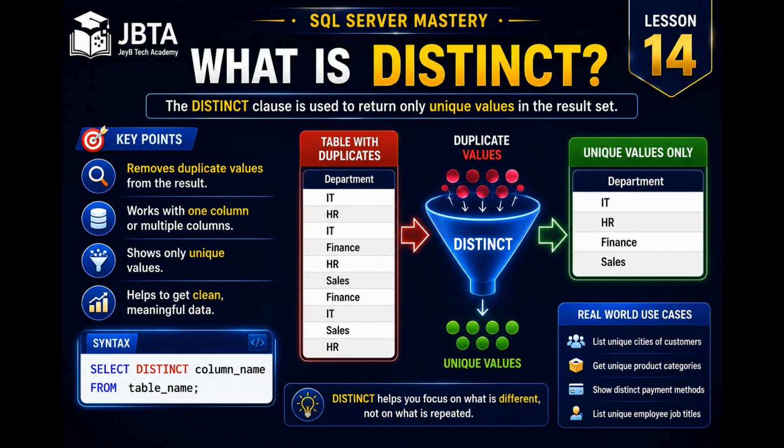The basic syntax is very simple. First, write the select keyword. Then write distinct. Finally, specify the column name that you want to retrieve. This is one of the easiest SQL statements to write, but it is also one of the most useful. The distinct clause is widely used in business applications. It helps generate unique department lists, unique customer cities, unique product categories, unique payment methods, and many other reports that